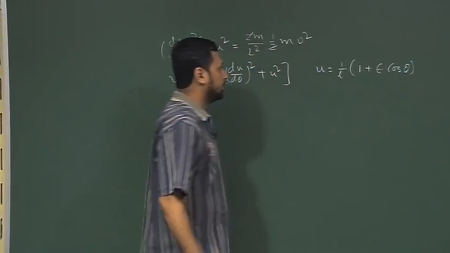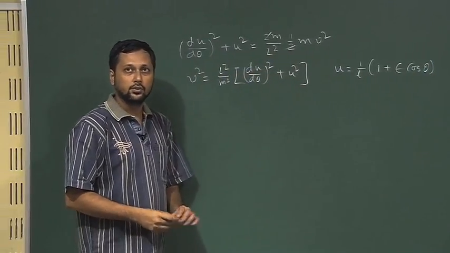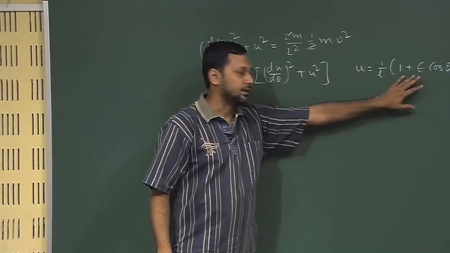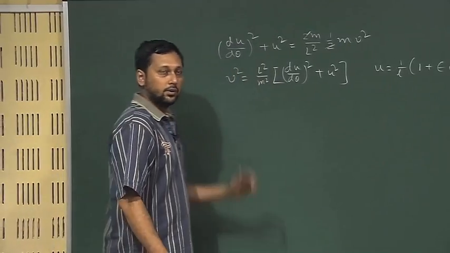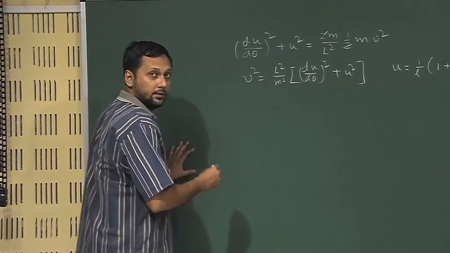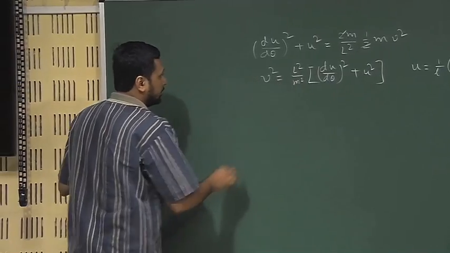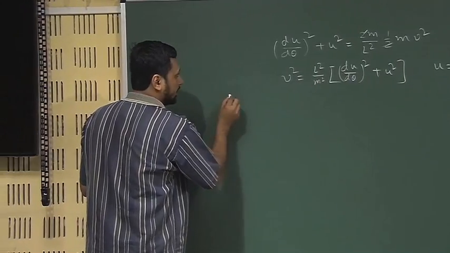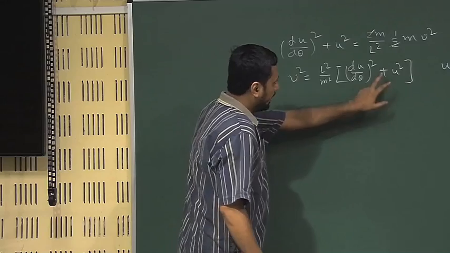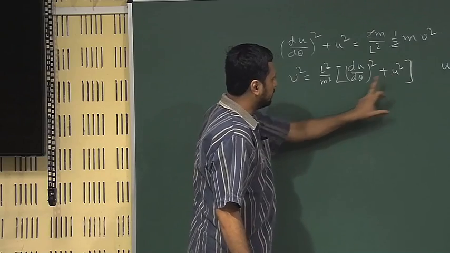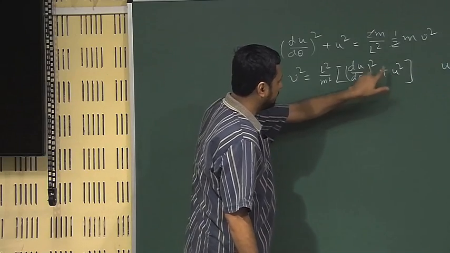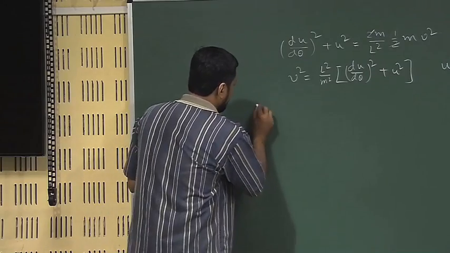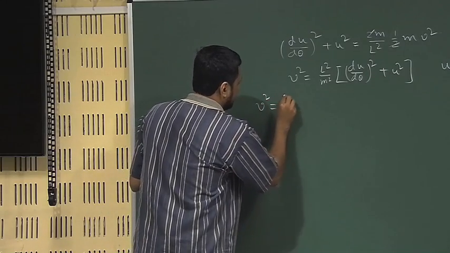Once again we are setting θ₀ equal to 0, so our reference line is already at 0. If we substitute this into the equation, we have to evaluate du/dθ, and then perform the summation (du/dθ)² + u², and we will see that it will